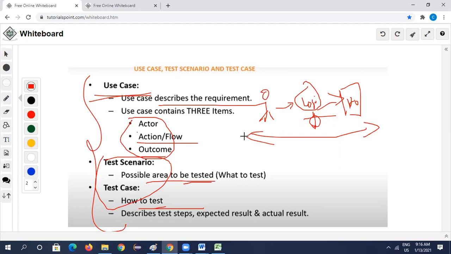So testers, 90% they don't use use cases because already they have the requirement traceability matrix. Already they have requirement documents with them, and already they have test scenarios also. But to make sure everything is covered, we are not missing anything, they go to use cases. But 90% of the use case purpose is for business primarily. Secondary would be testers.